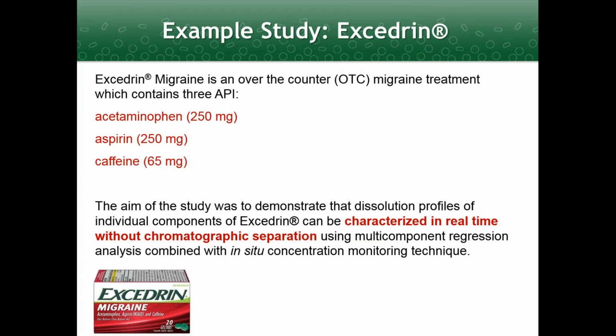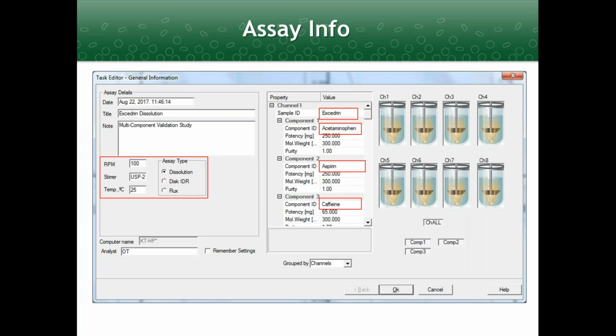The multi-component regression implemented in AuPRO 6 was tried, among others, on the over-the-counter medicine Excedrin. The spectra that I showed in my previous slides actually belong to acetaminophen, aspirin, and caffeine, all parts of the Excedrin product. This slide demonstrates on a real example how the sample and components names, as well as potency and other assay